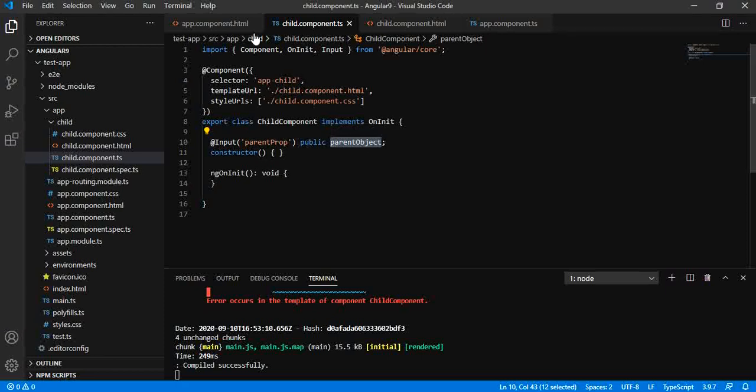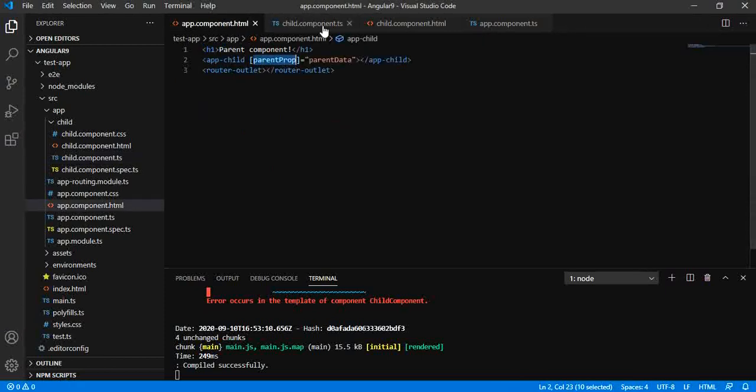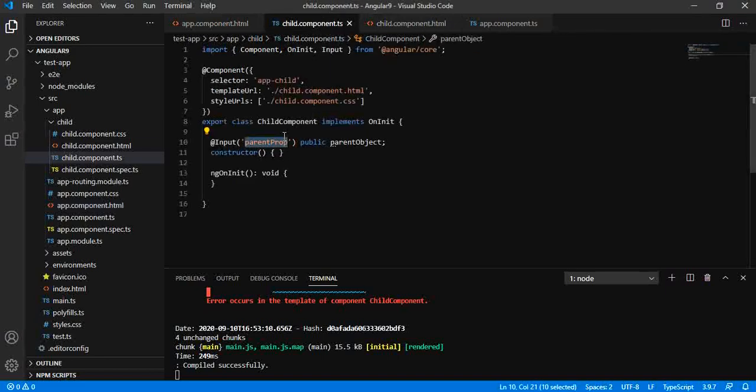So in this way, in future, if in any case this particular property is getting changed, then you don't need to apply the change in the complete application, in the complete component. You just need to apply change from here to here, and rest of the component will work as it is.